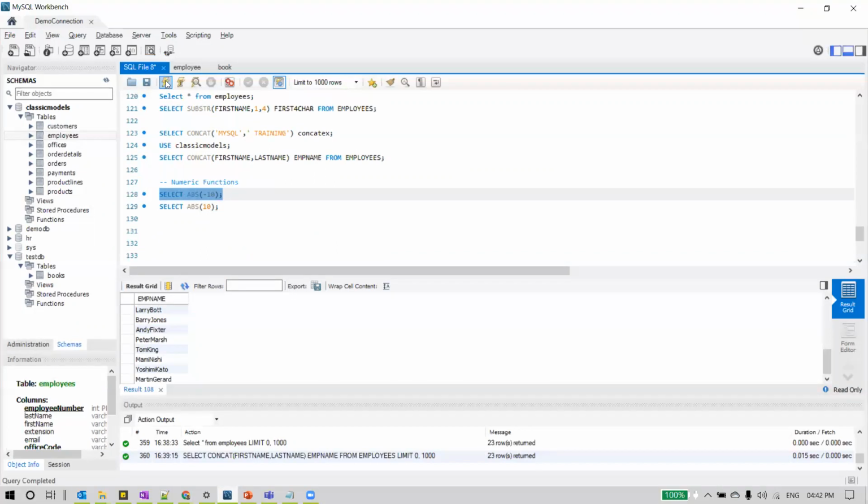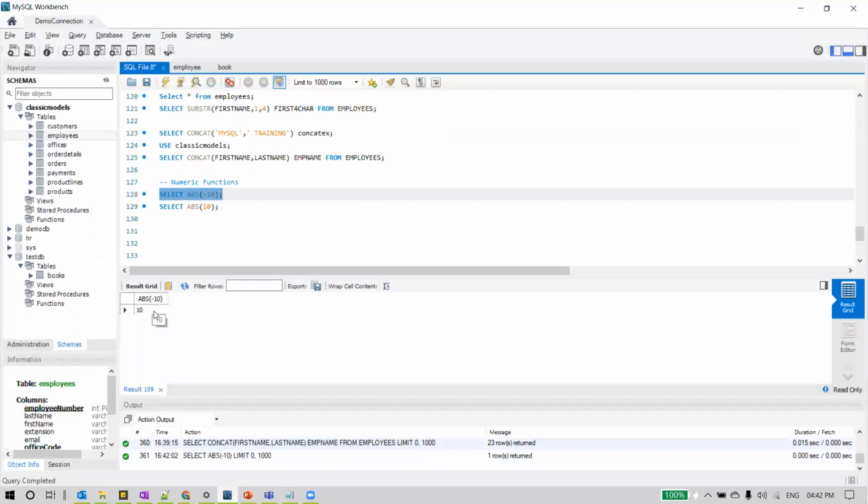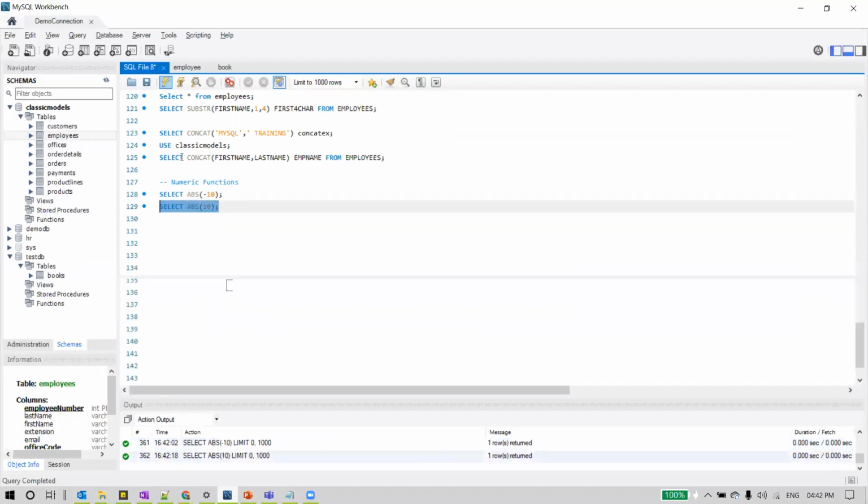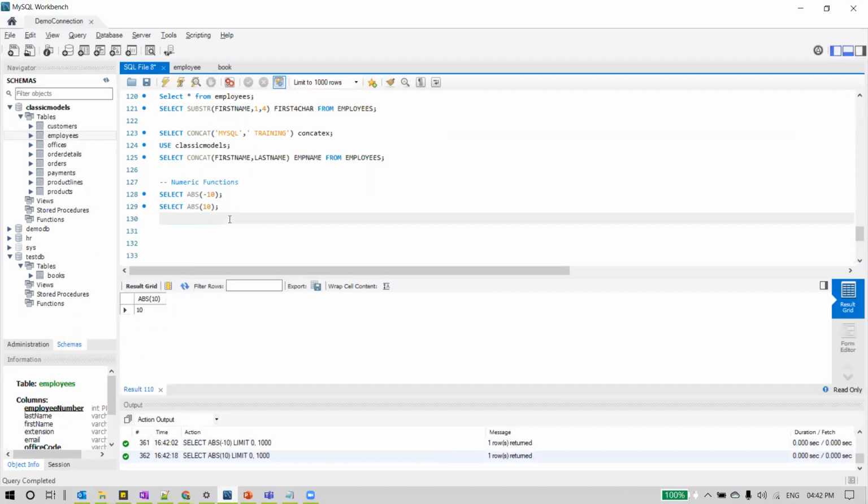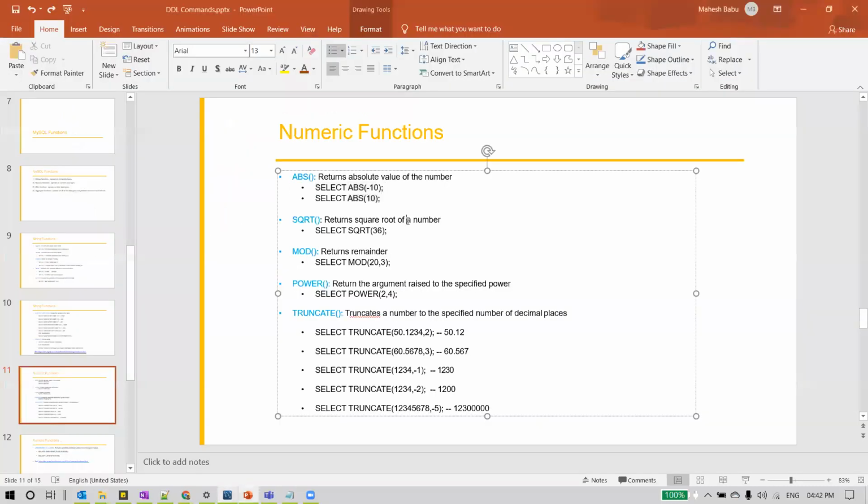Let us see the result of it. You can see the result is 10. So even though we pass a negative number into it, we'll get the absolute value of it. Absolute value is like the positive value of that number. And even if you provide a positive number to this function, the result will be the same. This is the use of the absolute function.